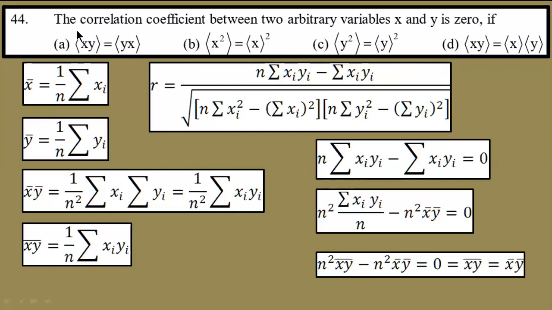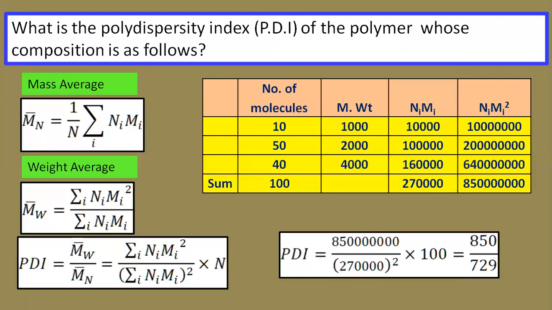Question about correlation coefficient, and this is a very bulky equation. So we are only interested in the upper numerator, because the coefficient will vanish if this term vanishes, and finally you just follow it. Okay, let us move to the last question. This is about one GATE question, polydispersity index